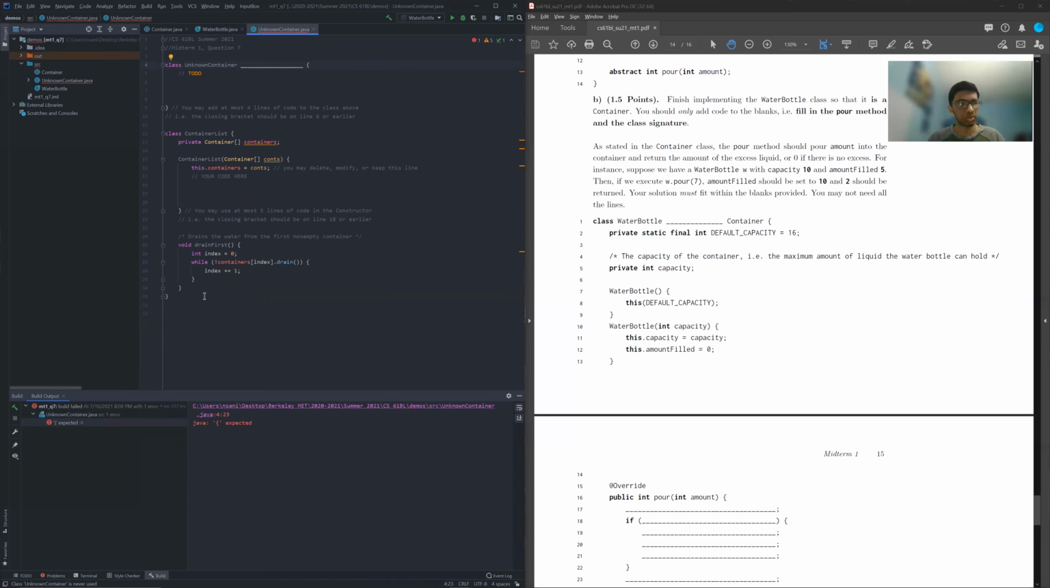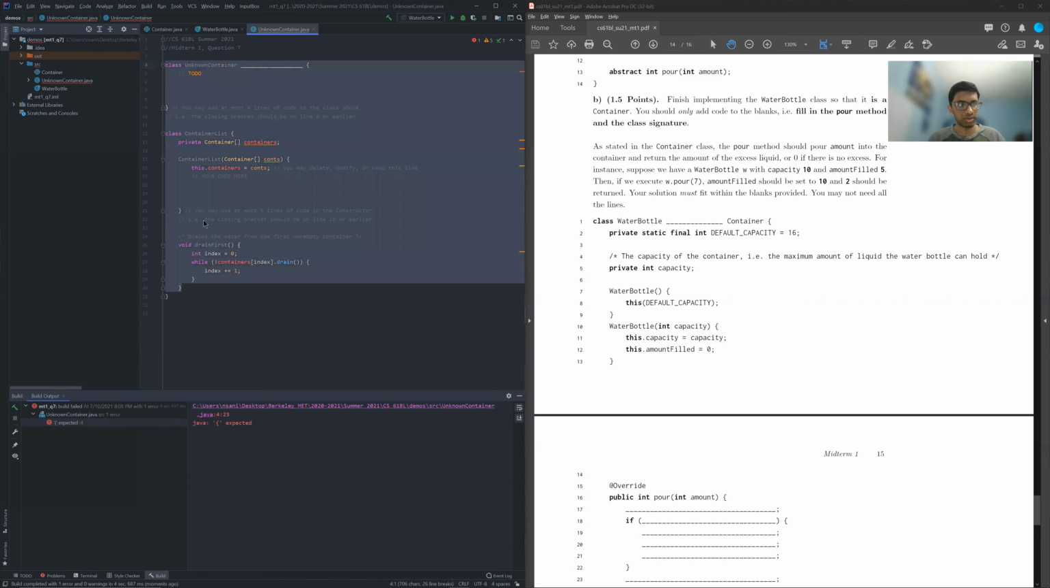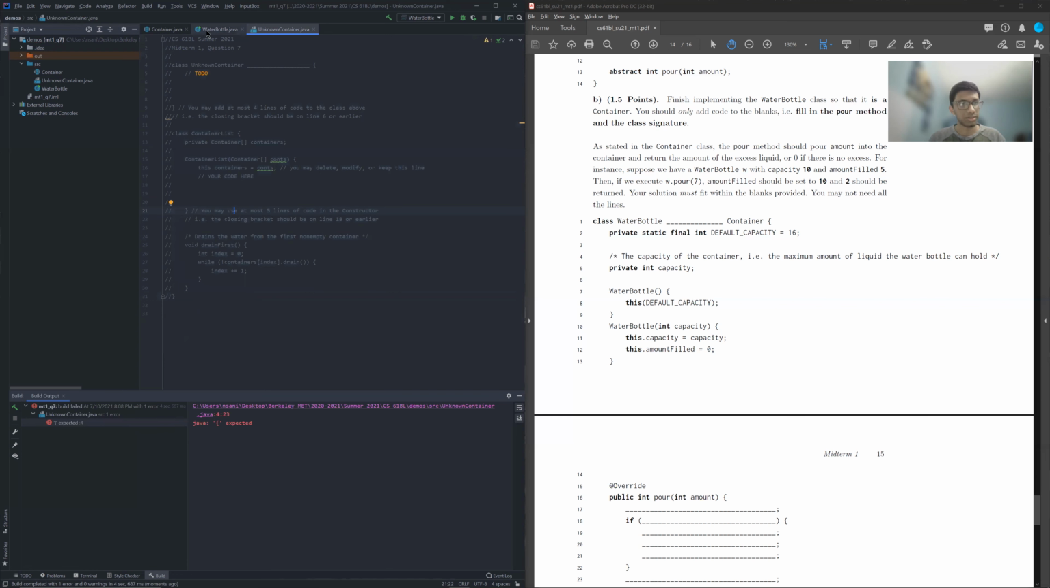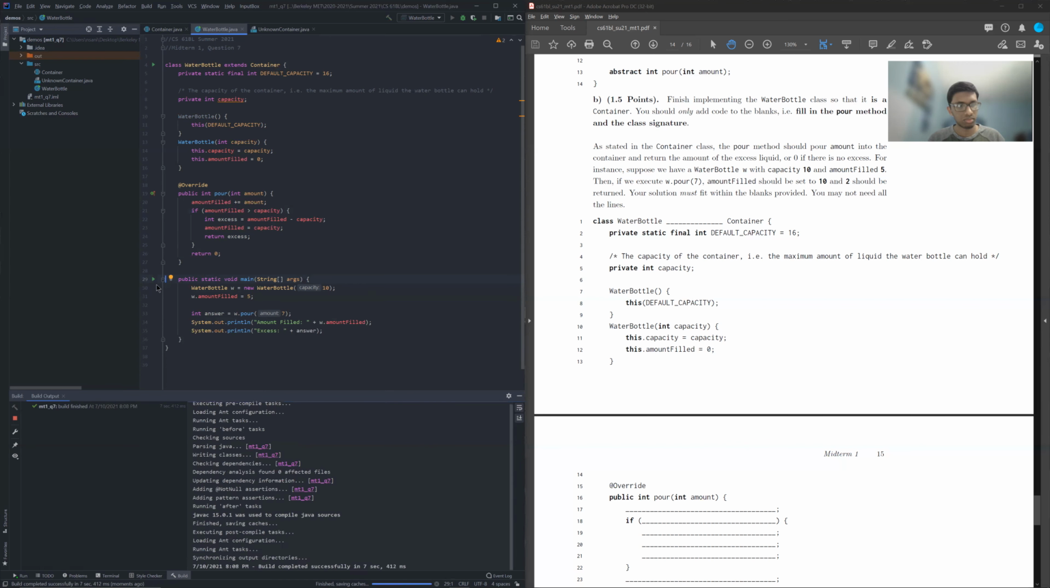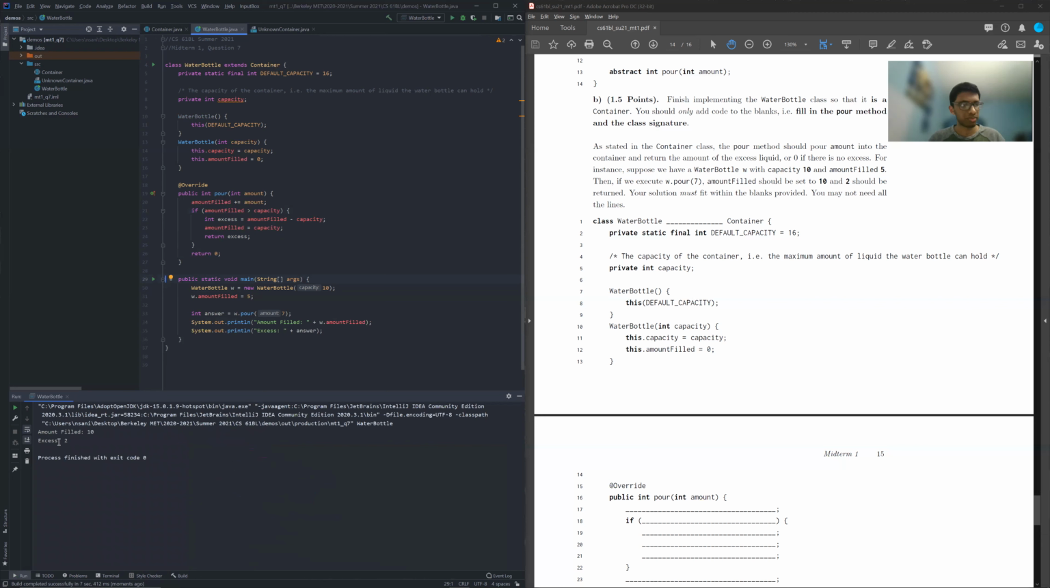Okay, well, it looks like we have some errors in part C, but if I go ahead and comment all this out and try one more time. Perfect. We now see that amount filled is 10 and excess is 2. And in fact, if I take a moment and step through what's happening and decide to debug it,